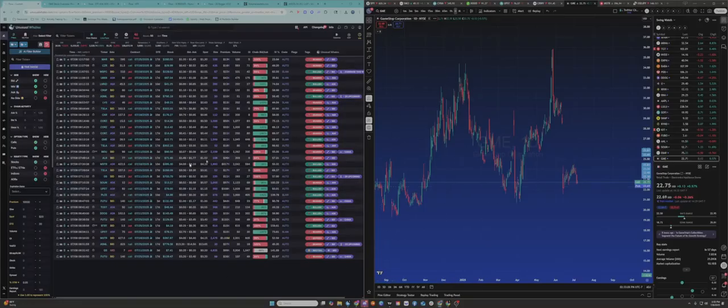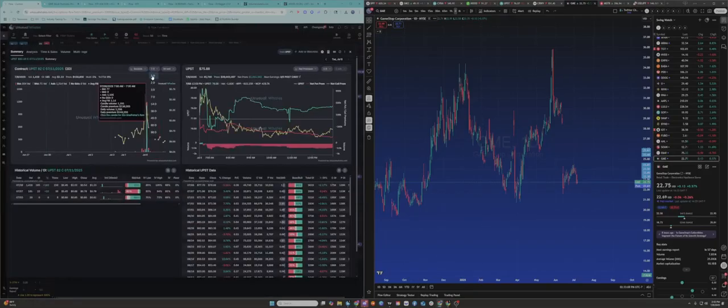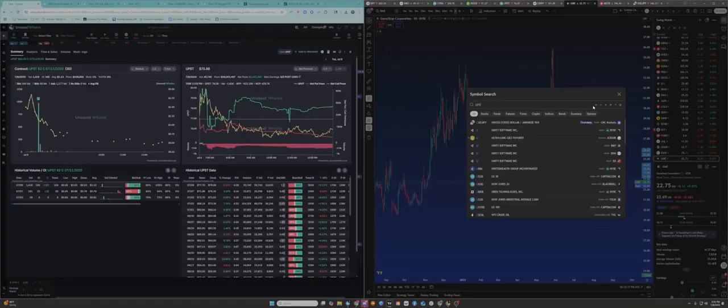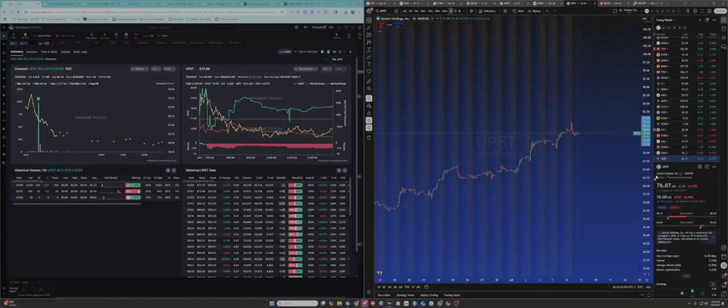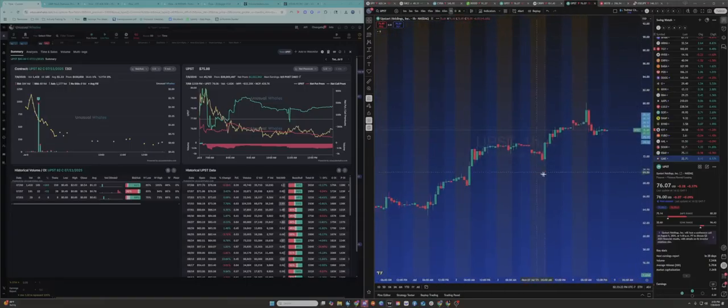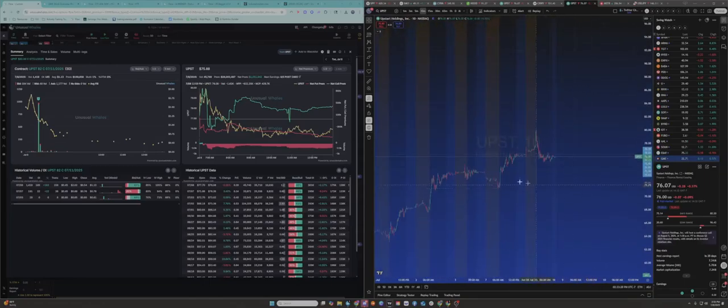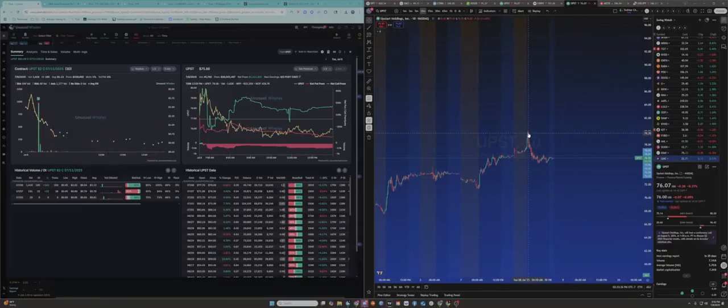So Upstart, this is one that I saw this morning. This is not like A++, but it's like a minus of what I like to see, where with Upstart here this morning, I saw this flow come in, I waited, basically came in, got a huge pop off the open up to 80. These weren't at the money. If they were at the money at the top, that would absolutely be a top call for the expiration date that this is, but it's not. It's out of the money, and they did not hit it at the exact top.